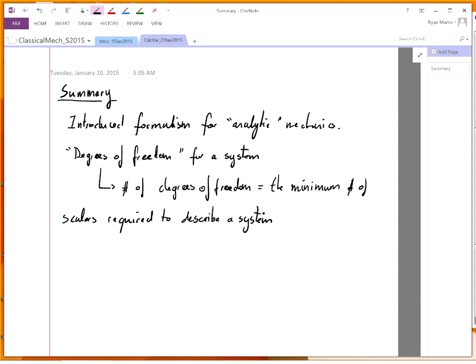So in general, for an unconstrained system, so for a system with no constraints,